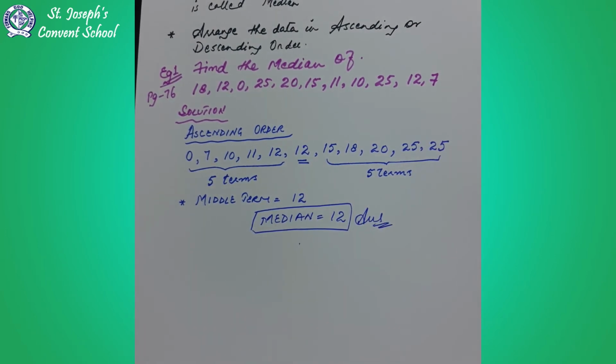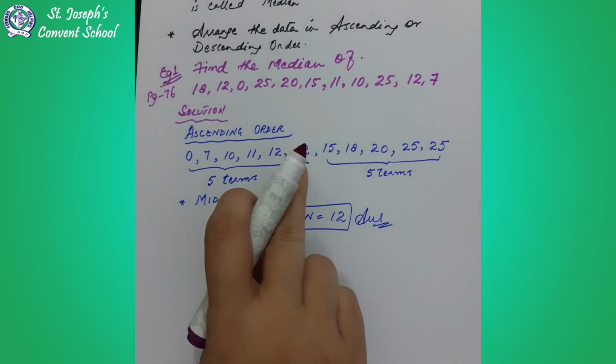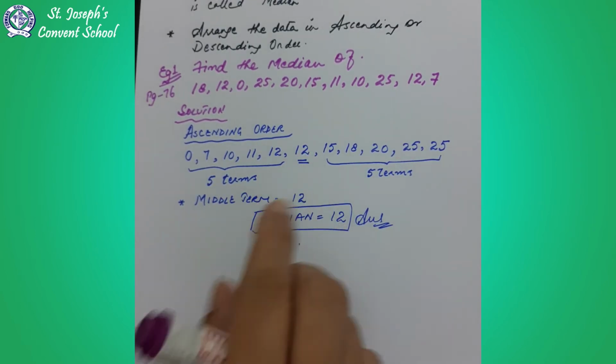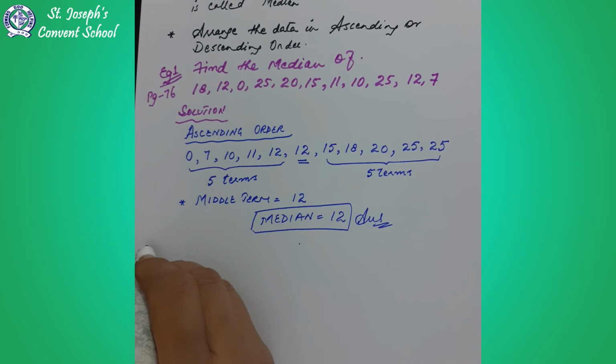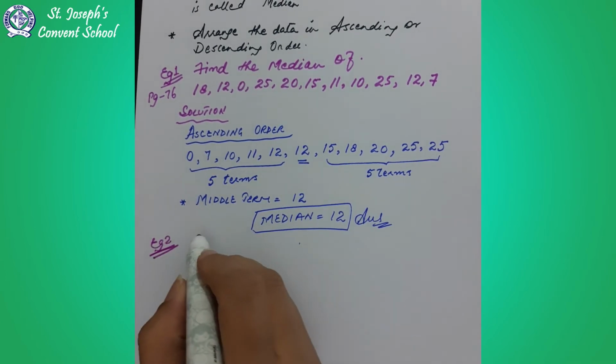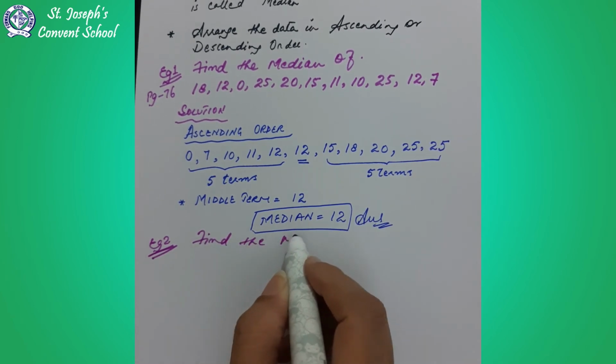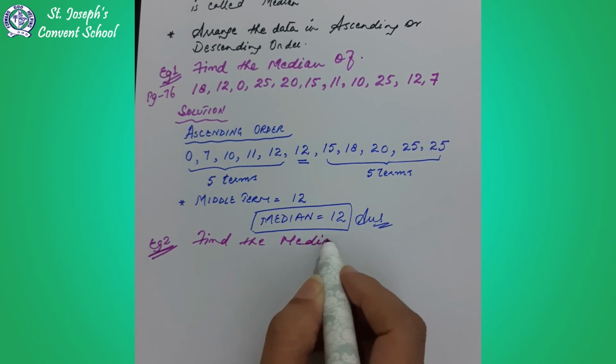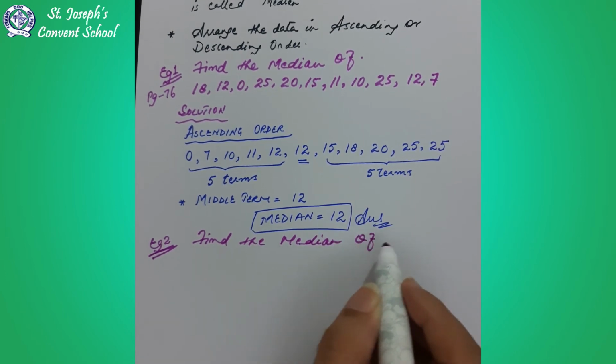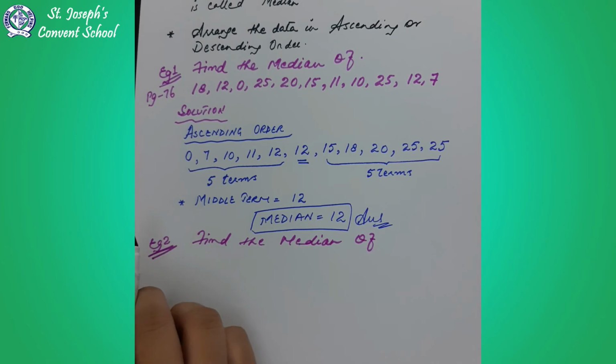Middle value is 12. Okay, let me give you another example when there are two values in the middle. In this question there is only one value in the middle. Let's see when there are two values in the middle how to solve it. This example is also in your book, same page. So find the median. This is the main part of the question I'm writing. Find the median of, now numbers given are